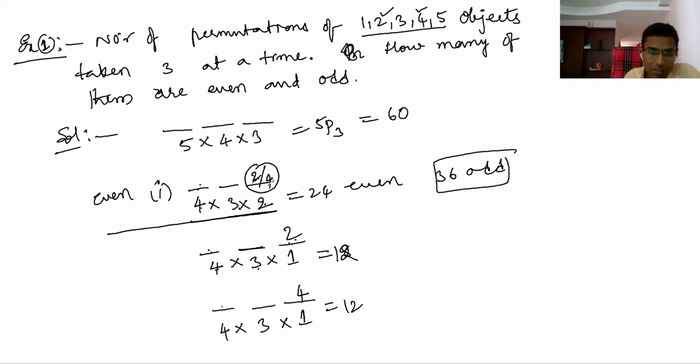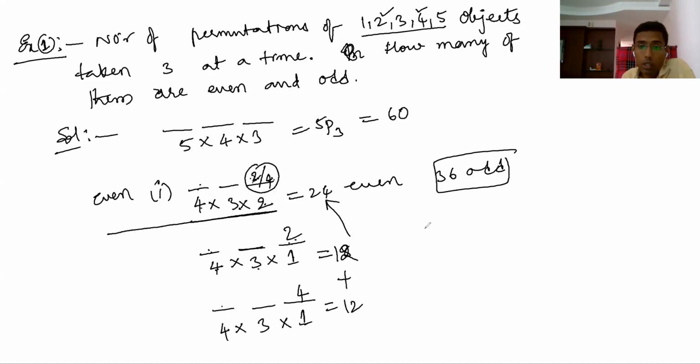That's what I told here. Here this is two ways. That is this. Okay, 12 plus 12, 24. That you also can do. But here 2 or 4 you can fill. Now 2 ways you can fill. That's only because even number. No, even number means what? Either 2 or 4 should come in the last place.